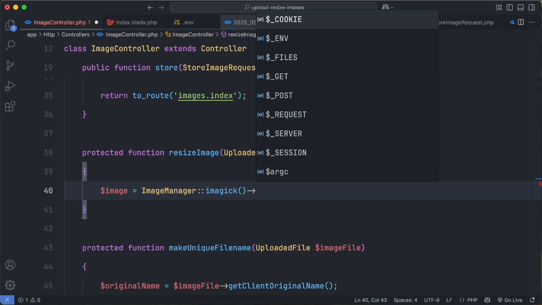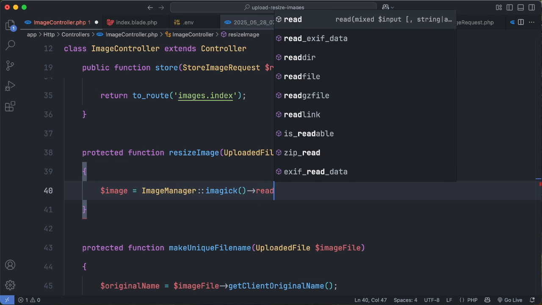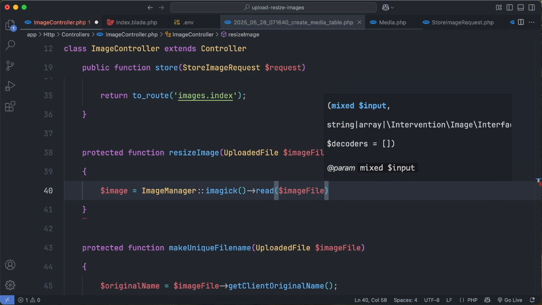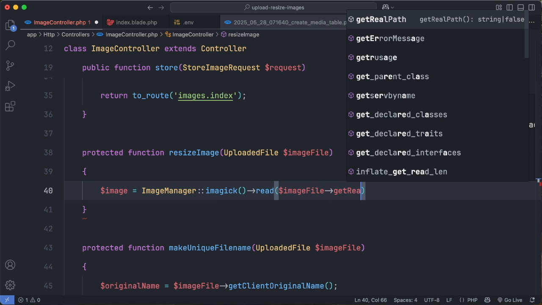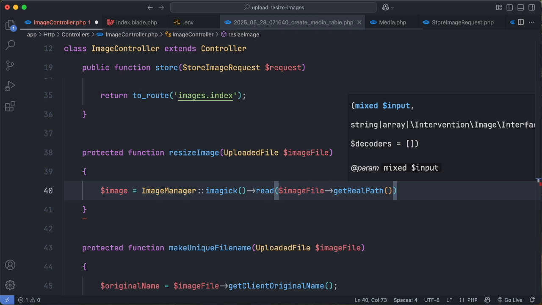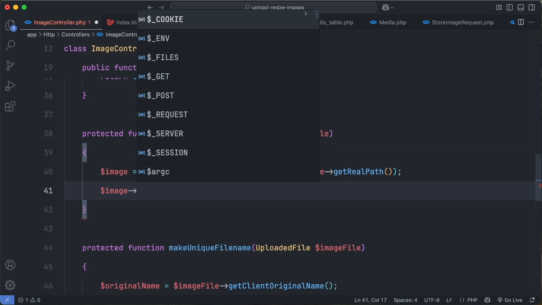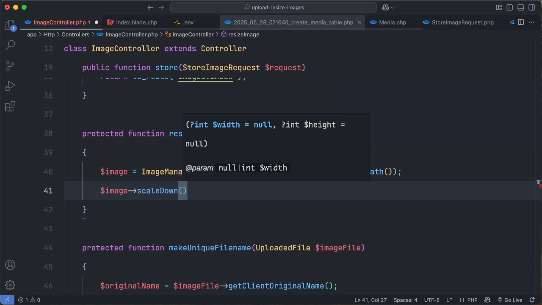Then we call the read method. So we read the uploaded image file from its temporary location on the server. Here we call getRealPath. This method gives us the full file path so the library can access the raw image data. Then we resize the image using scaleDown. So we resize the image to have a maximum width,